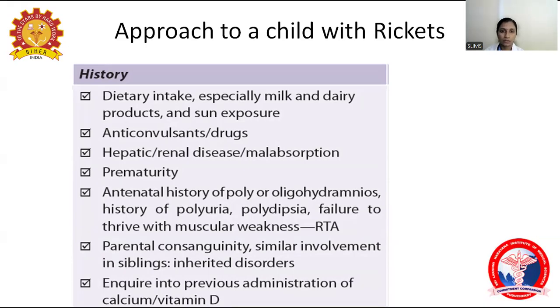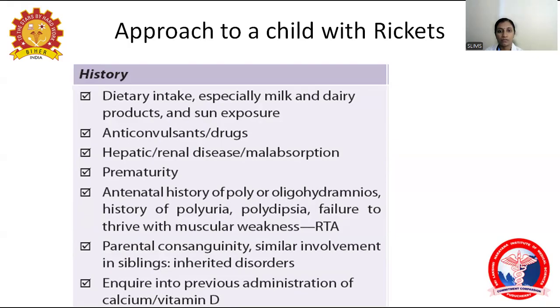We were told that drugs, anticonvulsants or steroids are also important, so also ask the drug history. Malabsorption syndromes and chronic renal diseases are all problems we saw. So ask about chronic renal or liver diseases and malabsorption. Prematurity, hypophosphatemia we saw. And again, for renal tubular acidosis, we should ask the antenatal history of polyhydramnios, oligohydramnios,